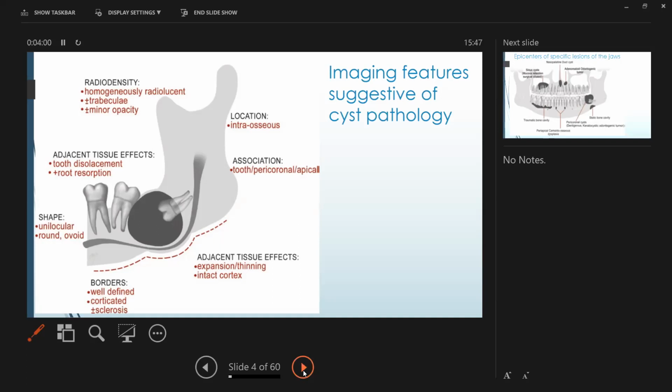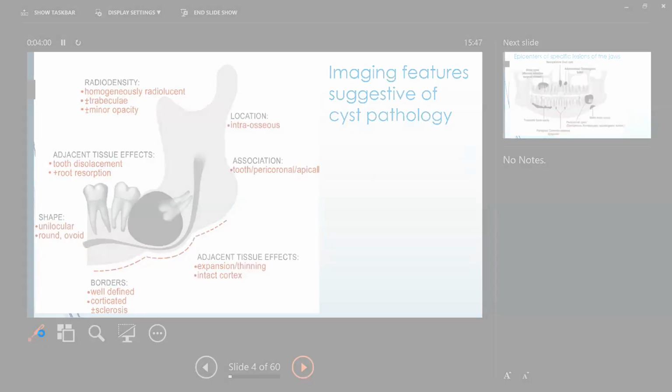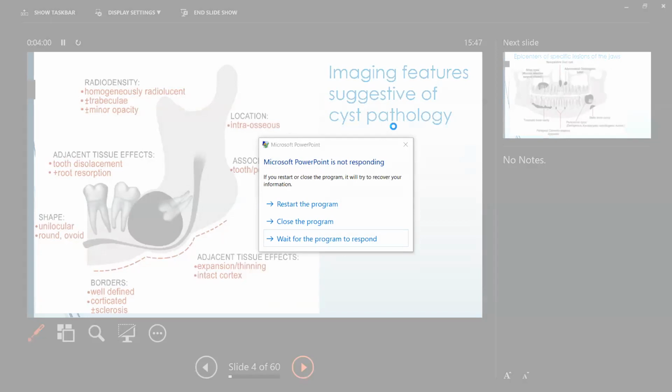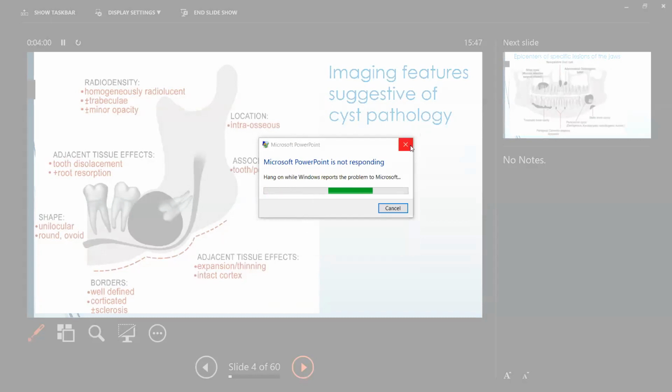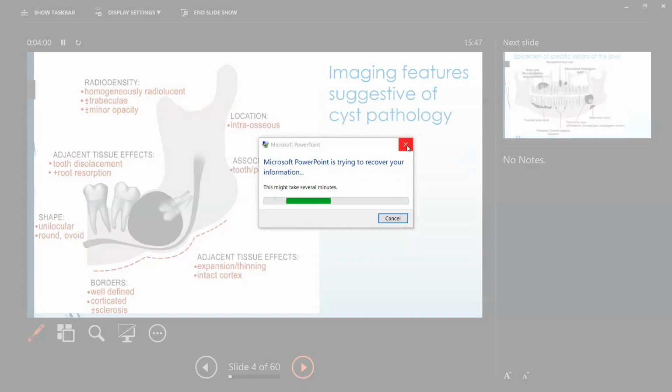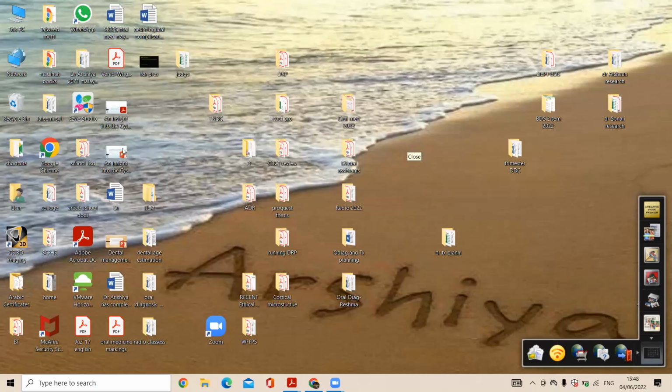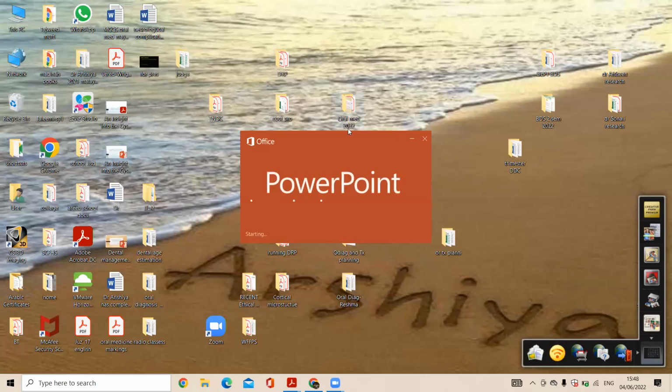So any doubts? Do you like to share something else? Problems. Microsoft is trying to recover. I think it's closing one. Open is closing then and